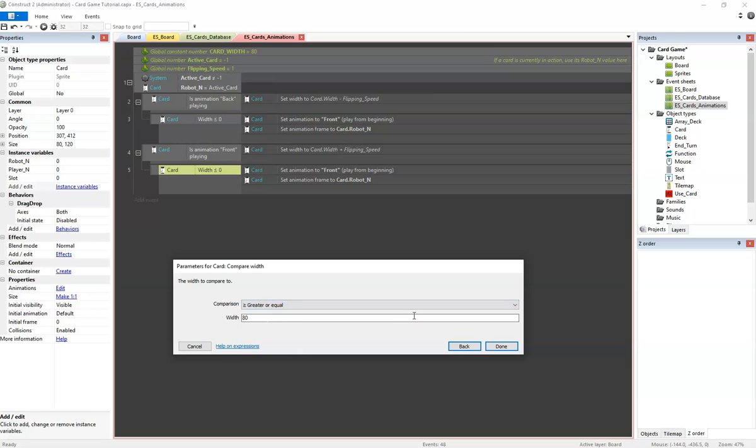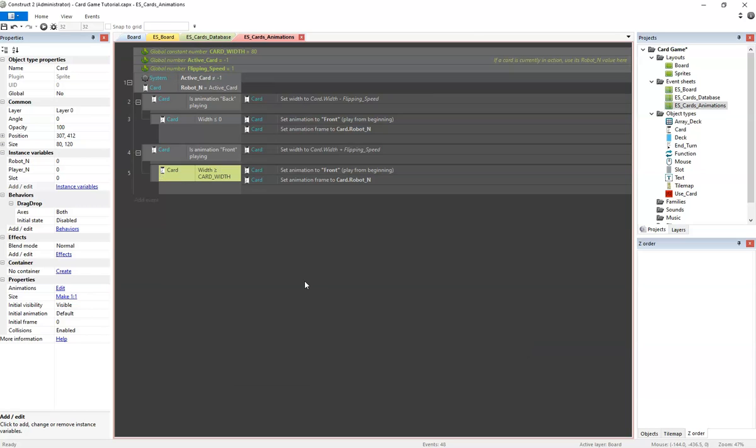80. Now, since you don't want to be specific when you do this kind of checking, people call it a magic number, because these are values that you might change during game creation. So you might decide that the cards are not 80 pixels wide anymore. If you have this condition at different points in the game, you need to track down each one of them. That's why we're going to use a constant and variable. So I'm just going to use card width,